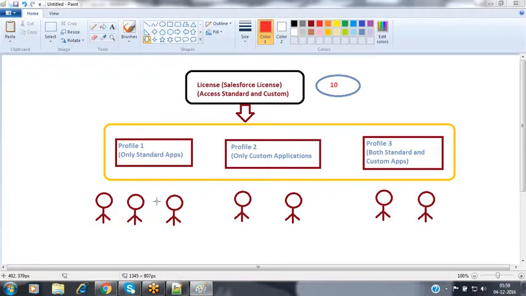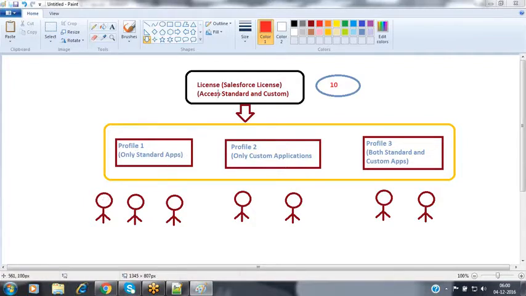So now when coming to Salesforce, if you have the license, then only can we access the Salesforce application. At that time, this license is granting the right that this user can access the Salesforce application. In this scenario, what permissions you want to grant to the user on this Salesforce application will be decided by the profile itself. The profile is the mediator between the Salesforce application and the user. The profile decides what applications the user can access inside my Salesforce organization.